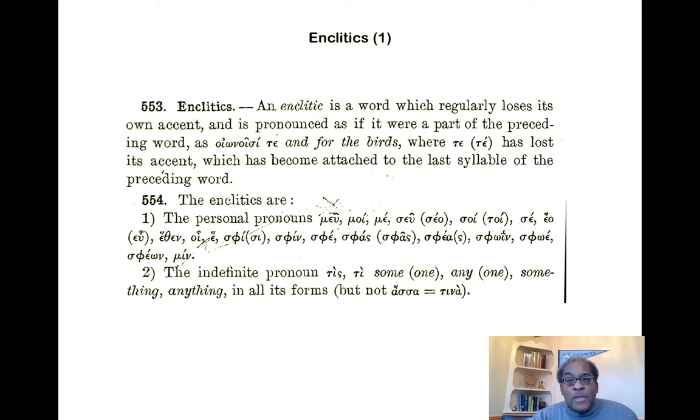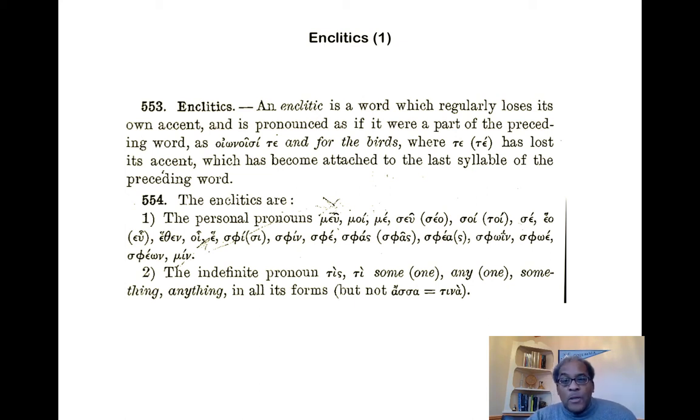Enclitics. An enclitic is a word which regularly loses its own accent and is pronounced as if it were a part of the preceding word. Okay? The word enclitikos means to lean backwards. So the enclitic leans backwards on the word before it. So,